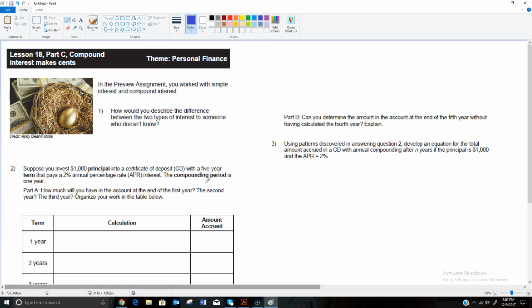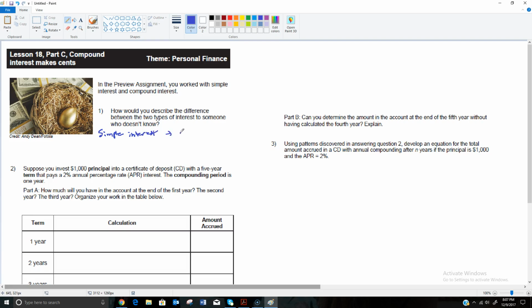So it's actually the last two parts of this lesson that deal with interest. And we're going to talk about compound interest. Now, it says in the preview assignment you worked with simple interest and compound interest. So what's the difference between simple interest and compound interest? The difference is with simple interest,